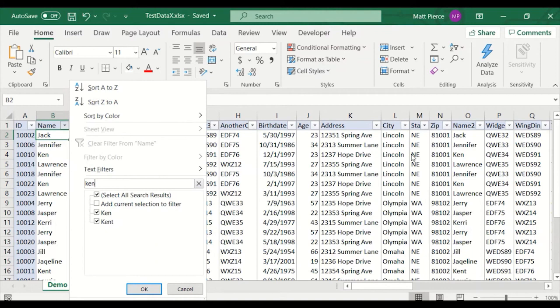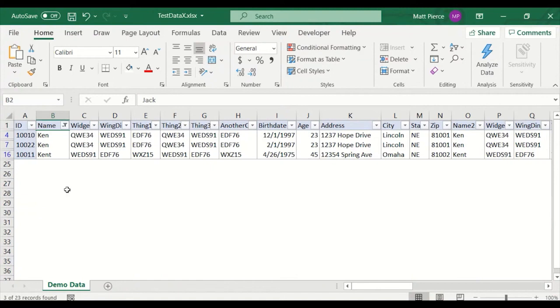So you could do something like use this to filter on 1 or 2 cities, and you'd have half the data set. And then you could come back and do another filter and put in a search and add to that and search for everyone that's in Lincoln and Olympia that has a name of Ken or Jerry. But we're just going to go ahead and leave this blank, hit OK,